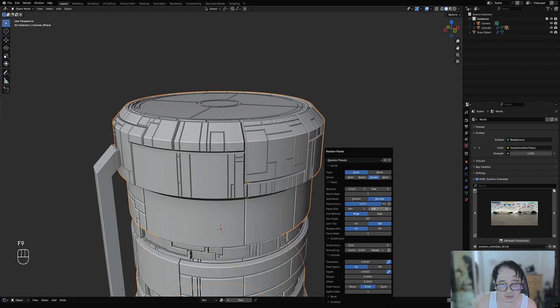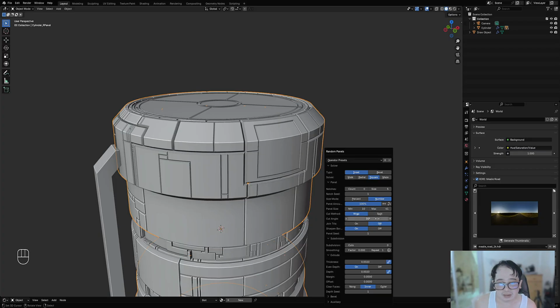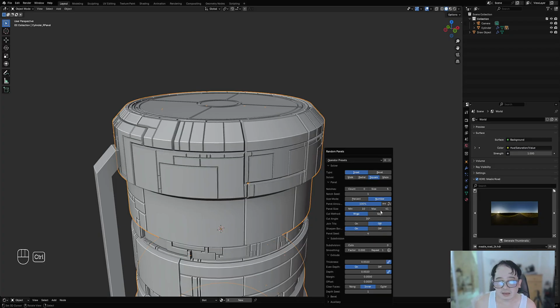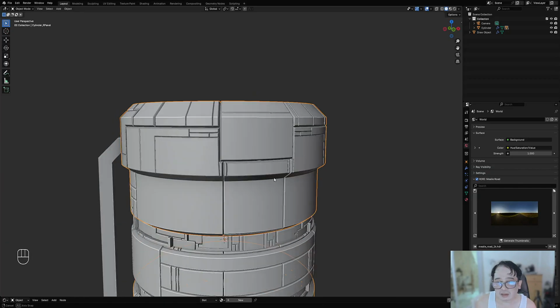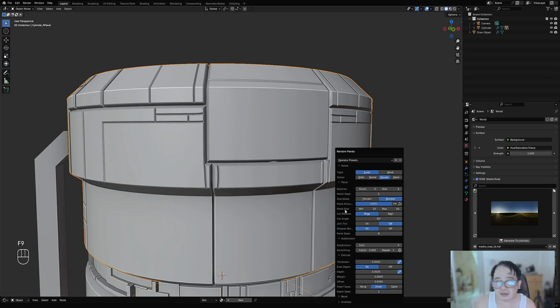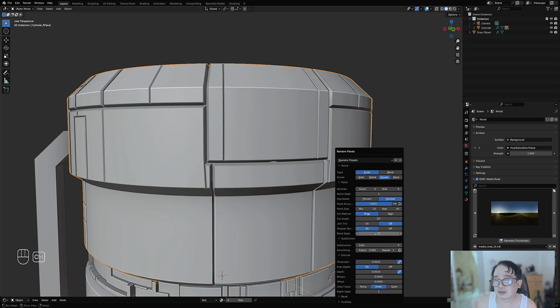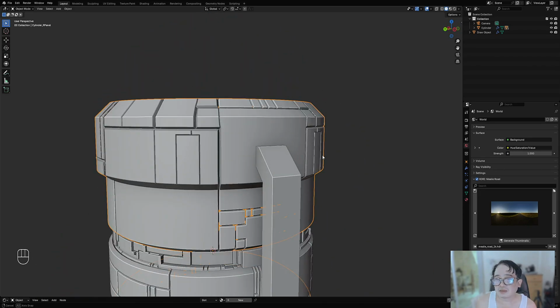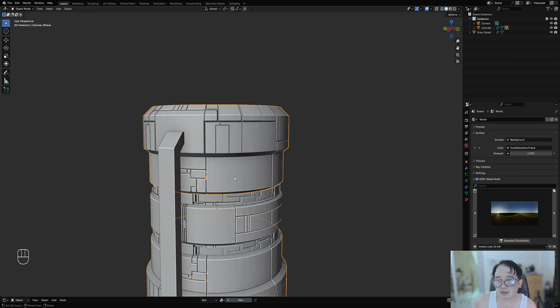But in this case, we're just going to balance the detail that's being produced. So something not too much detail, and then edit the thickness as well, and the depth. Thickness first. Okay. So not too much, and